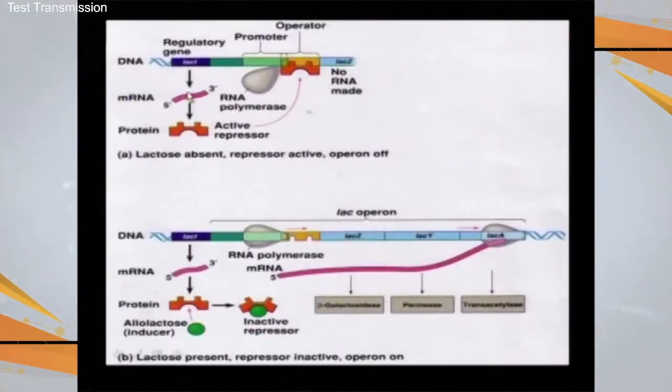So let us say this is the situation. This is the regulatory gene that is going to produce this repressor protein, and this repressor protein is going to bind here at the operator to block the path. RNA polymerase cannot go beyond that, there is no RNA, and the gene is switched off. When lactose is present, lactose combines with this repressor, and its shape is changed. Now this shape is not going to fit at the operator. So it comes out, and RNA polymerase is going to transcribe all three genes Z, Y and A, and these produce the three enzymes.